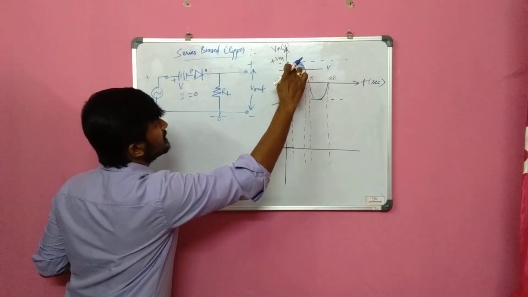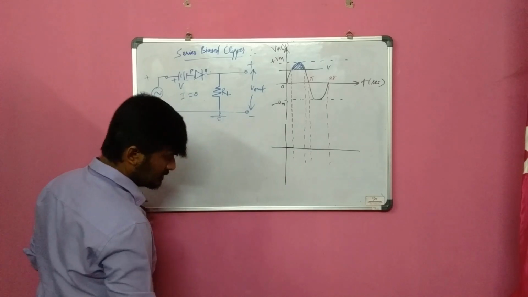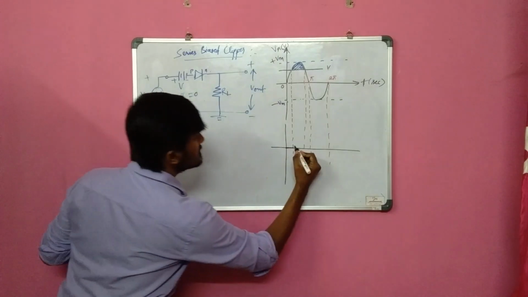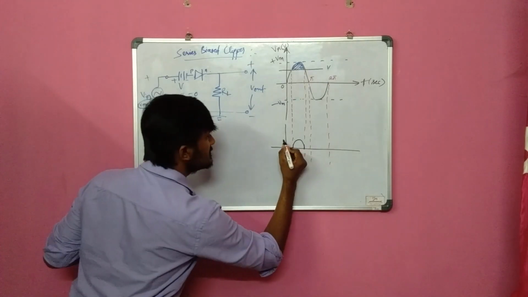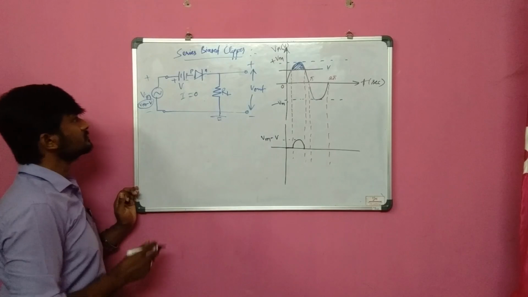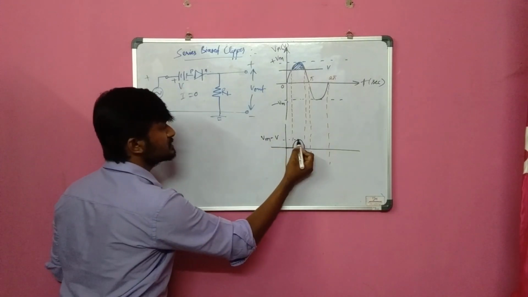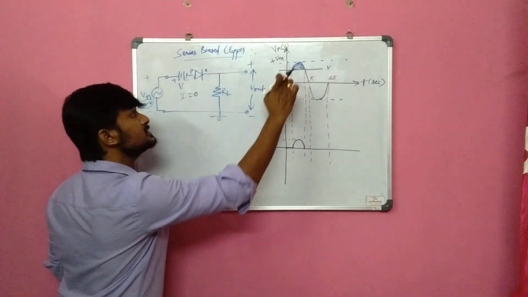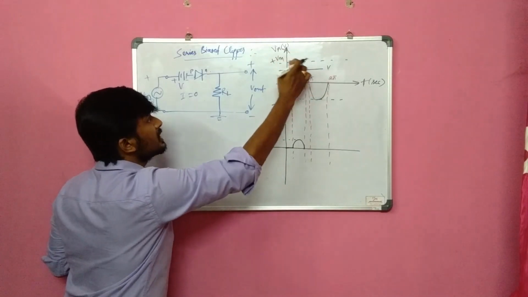This particular value will be repeated like this. In the second zone, this is the thing I am getting. And what is the voltage here? That is Vm minus V. This is very important. Vm minus V. This maximum portion is Vm minus V. It follows the shape of this wave, but here the voltage is Vm minus V.